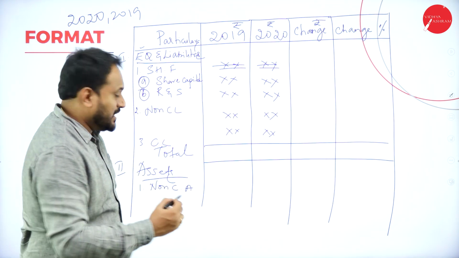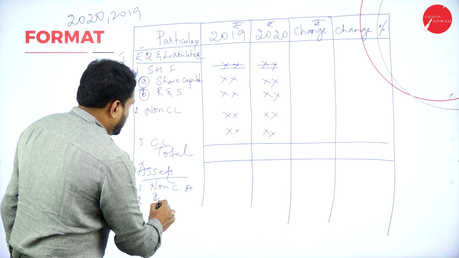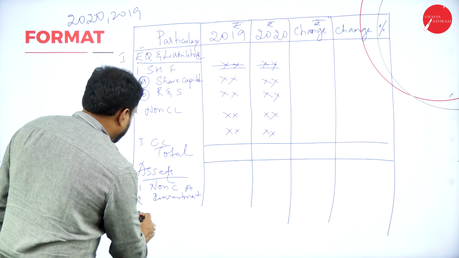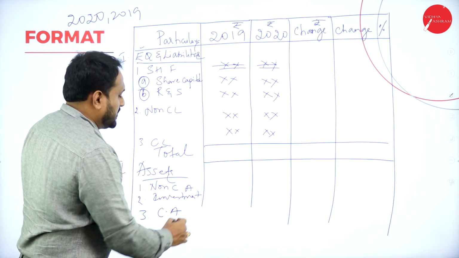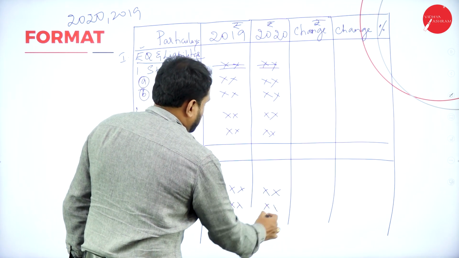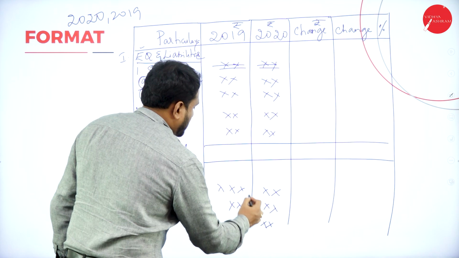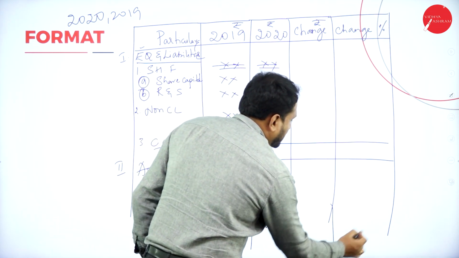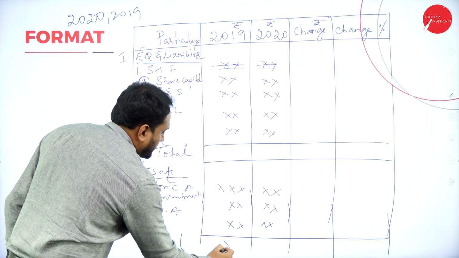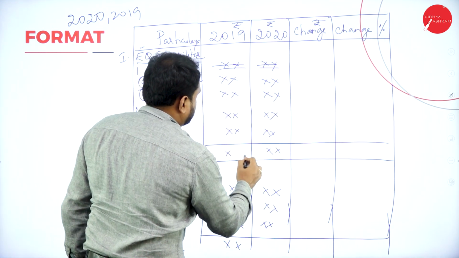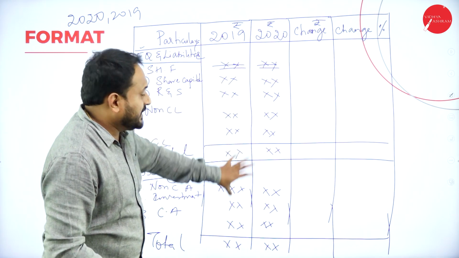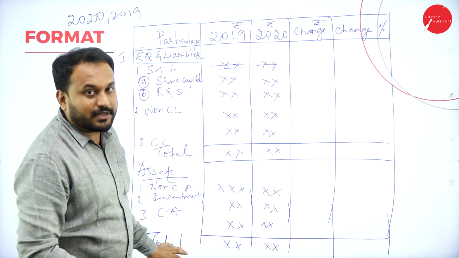Then even you have investment also. Investment also you will put here. Now investments are also assets, right? And third one is current assets. Now here done. Again here I'll put done. Now understand, this is what you are supposed to understand. This is called also total. Here also total. Now these things are given in the question only. You are supposed to just write it properly in the format.